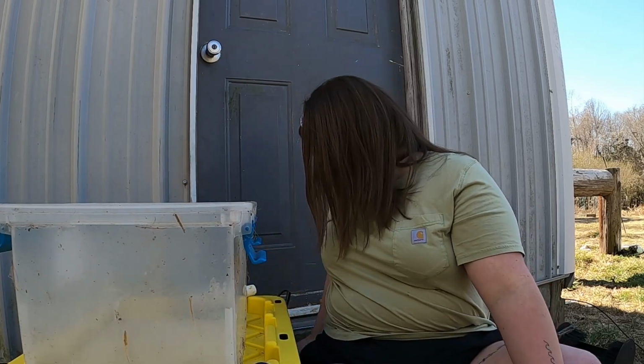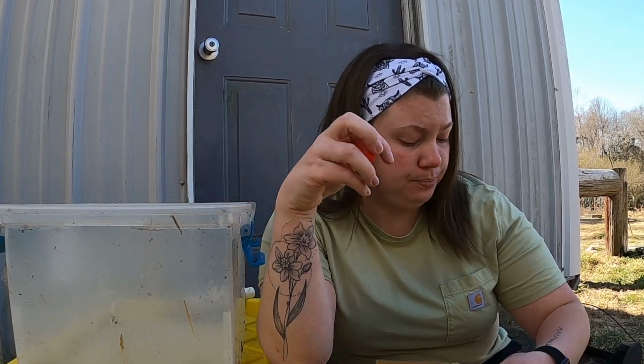I've just got fresh bottles. I bought 12 12-ounce Dr. Peppers, and they are washed and ready to go in here. I do keep their lids as well. That way I can just screw